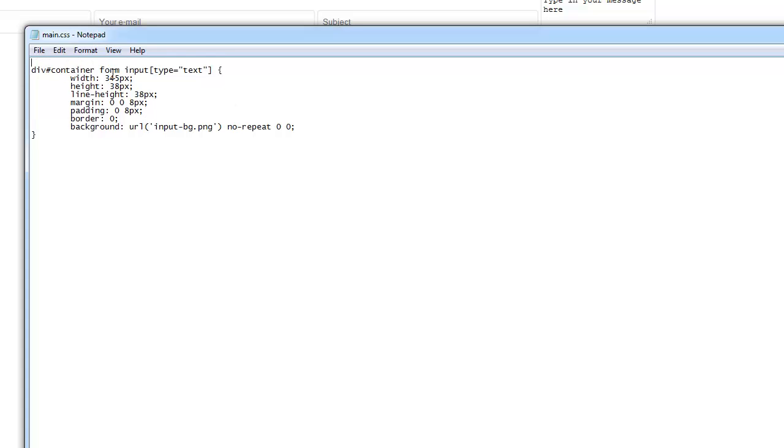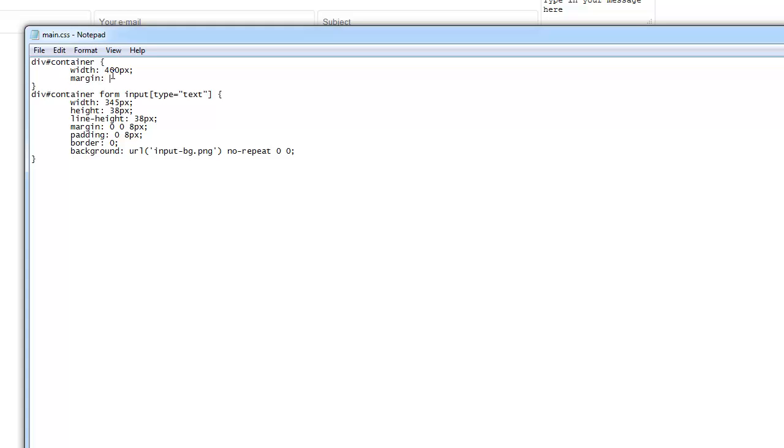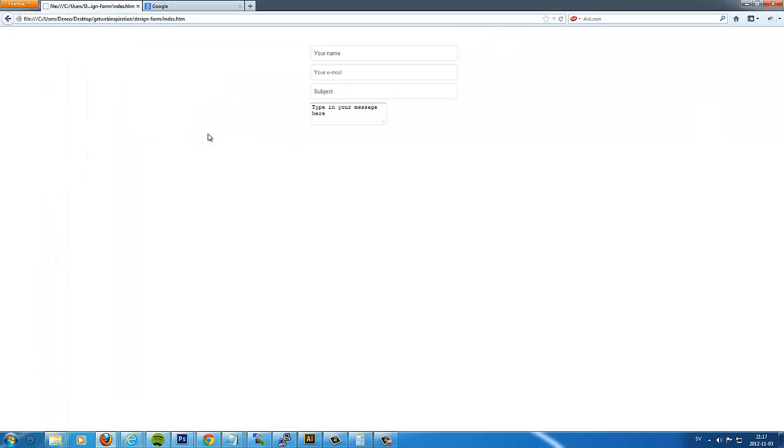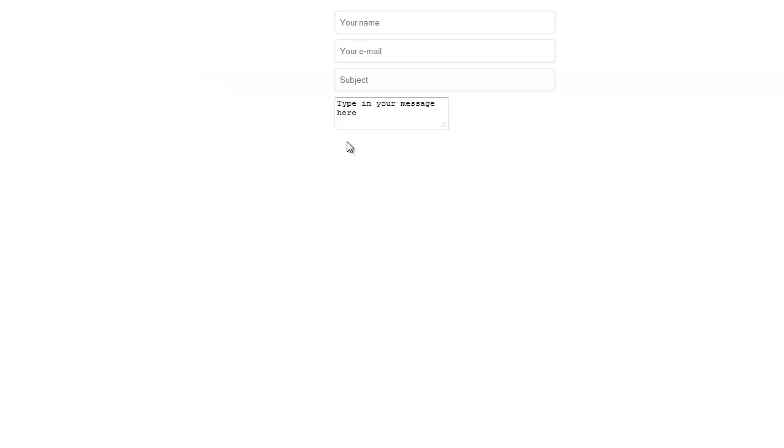Now we just need to set the container. Should be width 400 pixels. The margin should be, so it's in the center. So maybe we'll set 45 pixels from the top, and auto on the left, on the right, and 0 on the bottom, and yes, auto on the right. Left side. Let's see what it looks like. That looks much better. I'll just set display block here. And we'll